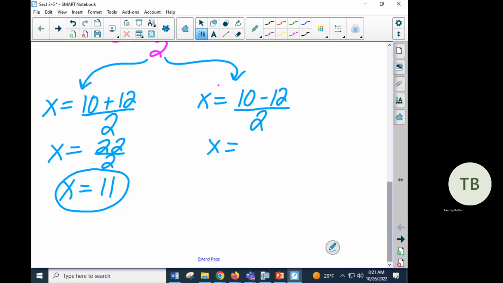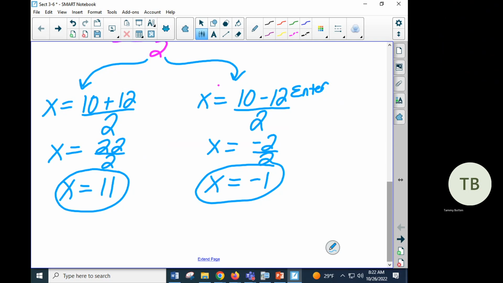too is if you just type this into your calculator and you went 10 minus 12 divided by 2, you would get everyone wrong. If you're going to do that in your calculator here, you'd have to go 10 minus 12 enter divided by 2. Okay, so 10 minus 12 is negative 2 over 2. And so that would be negative 1. But again, if you're going to type it in, you have to hit enter here,